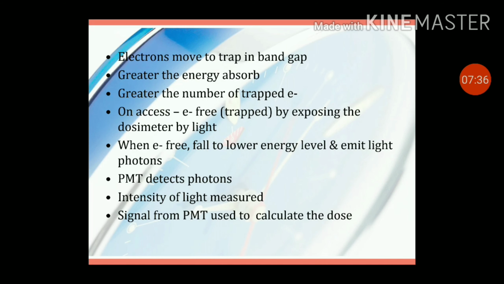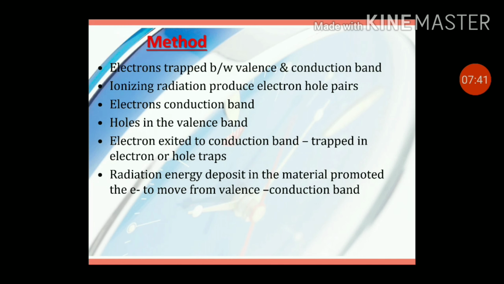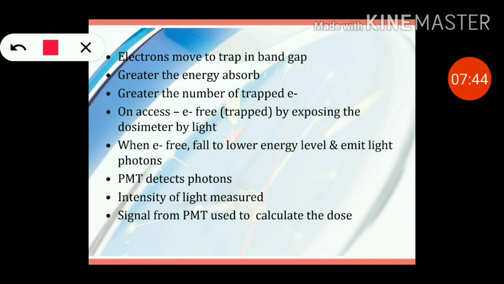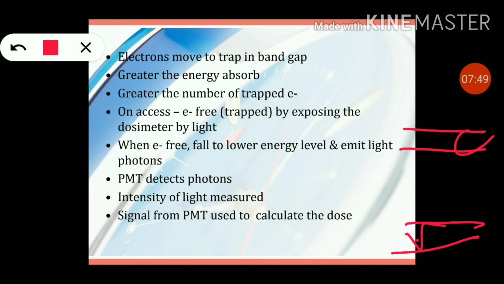Again I will show you the electrons move to traps in a band gap. As I showed earlier, this is the valence band, this is the conduction band. So the electrons will start moving inside the band gap. The more energy is absorbed, the greater the number of electrons that will be trapped in this gap. So on accessing the OSLD by exposing it to some light,